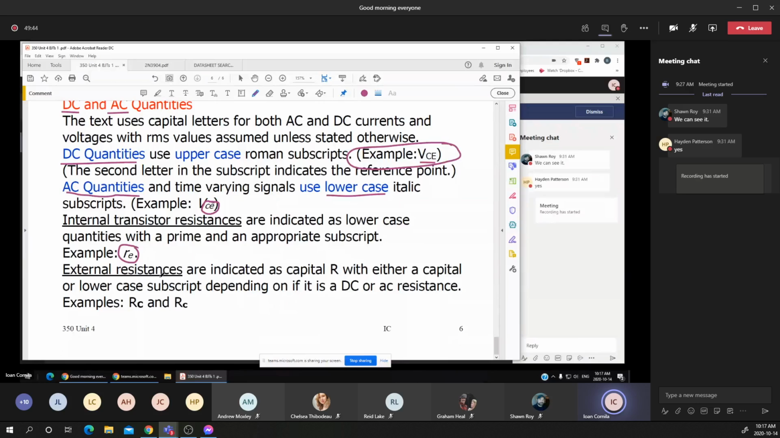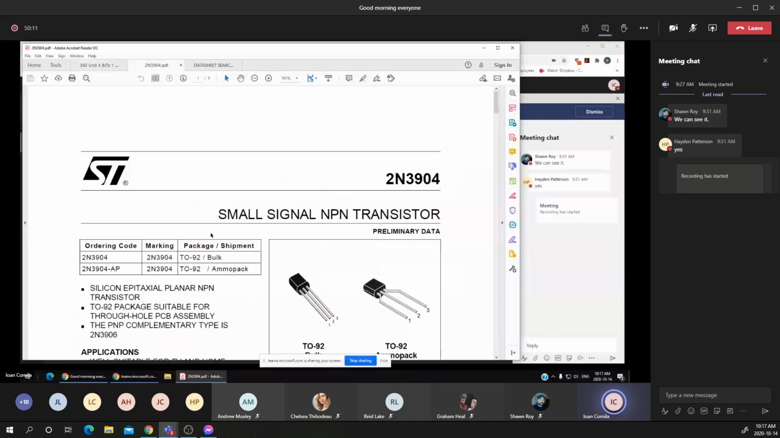We may see another notation, and remember that RC, uppercase R, uppercase C, is for the resistance in the collector, but at the same time we may see a lowercase c as the resistance when the transistor is in AC mode or the AC analysis. To show you some of the specs for